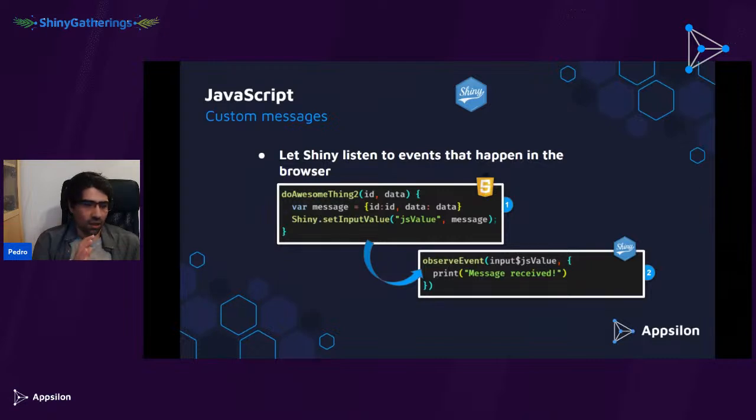There's a lot of things you can do with this. You don't need to have the input already defined. It can be a completely new input. Better yet, it's better if it is a completely new input. But it basically just lets you do this one-sided messaging to Shiny.